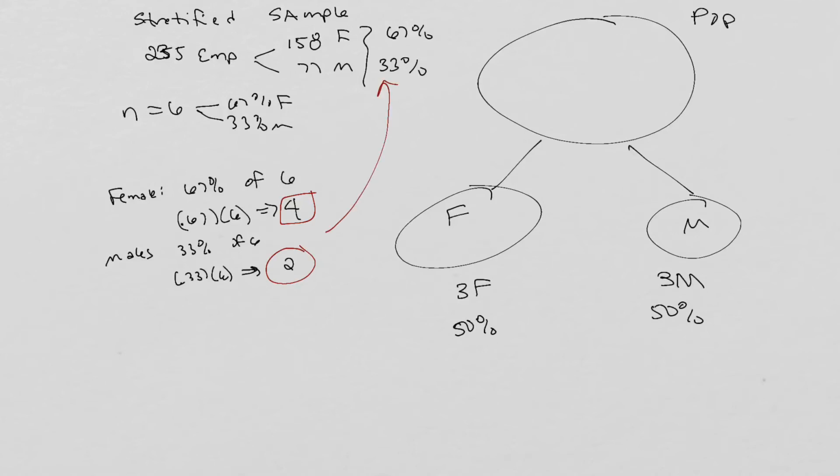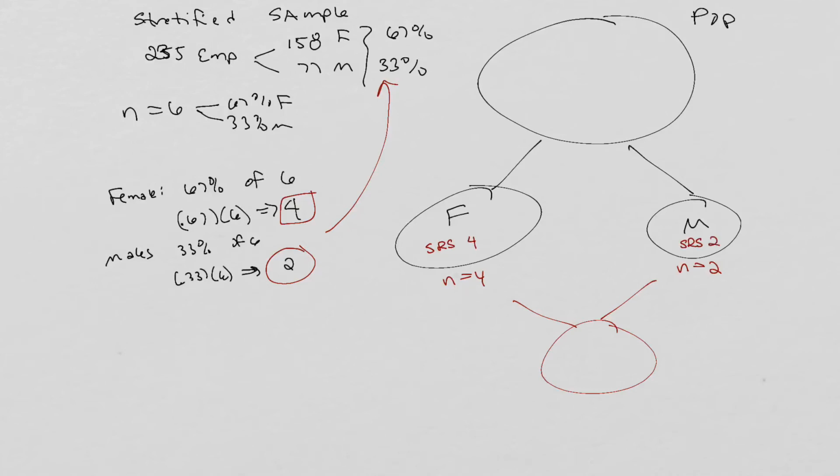Okay, so for this stratified sample, what I'm going to do is I will pick a sample of size 4 from here, a sample of size 2 from here, and then join them together into this one big sample. So for the females, I will pull out a simple random sample of size 4. For the males, pull out a simple random sample of size 2, and then put the 4 females in here, the 2 males, and that's going to be our group. Okay. All right, so that's the idea, and I'll do one of these, I'll let you all do the other. Let's say for the females, we have